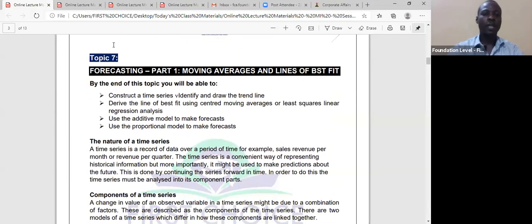Forecasting. Sorry, let me use this moment to bring up my calculator so that I will not waste time. While I'm getting my calculator ready,